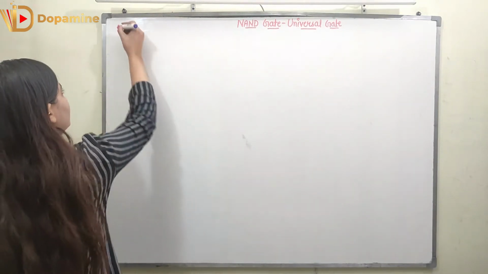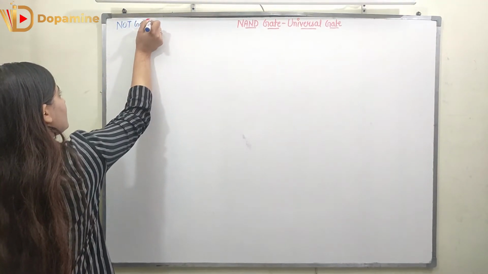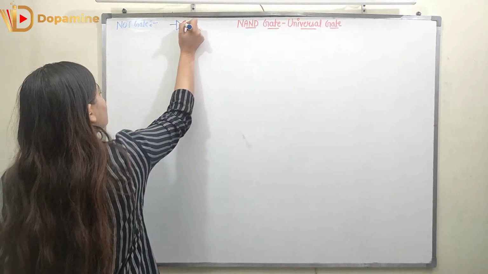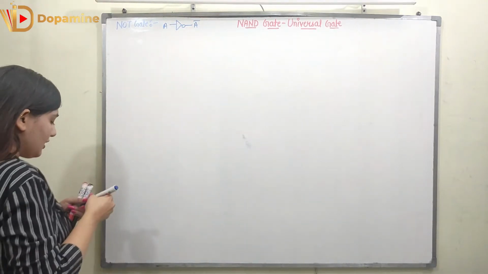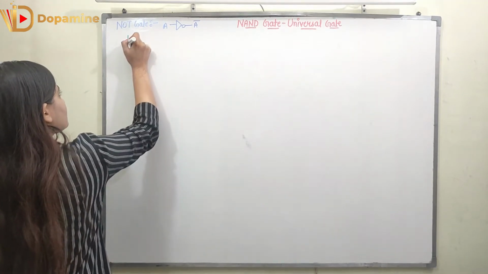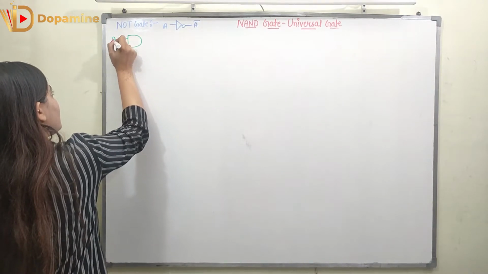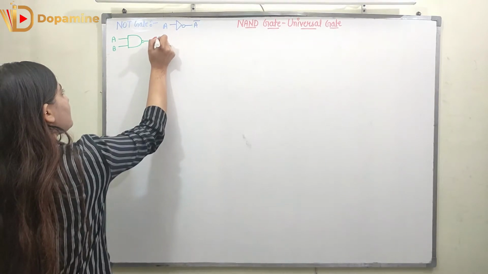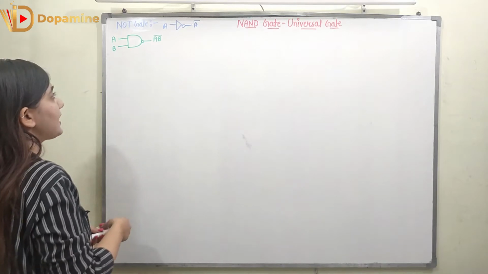So now first of all, the basic type of gate is the NOT gate. It is the simplest type of gate, right? So NOT gate is having one input and one output, right? So input is A and the output is A bar, right? So now the NAND gate is used, right? So let's suppose this is my NAND gate, right? So here we will be having two inputs A and B, right? This is my NAND gate. The output is AB bar. So what I have to find out, I have to find out the output as A bar.